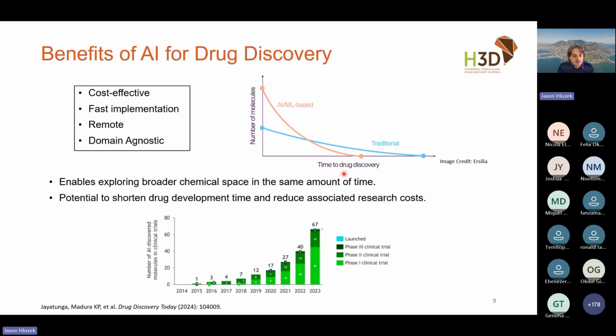And just to highlight what we've seen over time as well, the number of AI-inspired compounds that are entering clinical trials has really been on the rise. That's maybe a bit of a gray area because what does it mean to be AI-inspired? Did we ask ChatGPT something at some point, or did it really drive the program? But nevertheless, there's definitely a marked increase in the number of compounds that have had AI play a role.